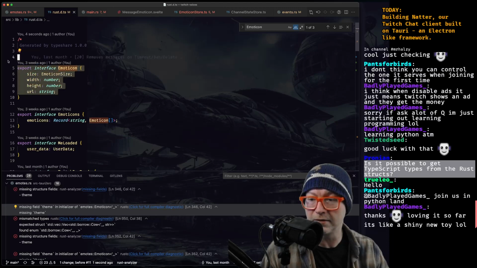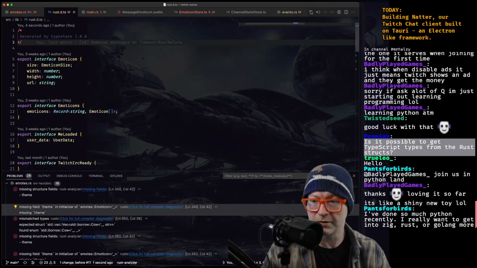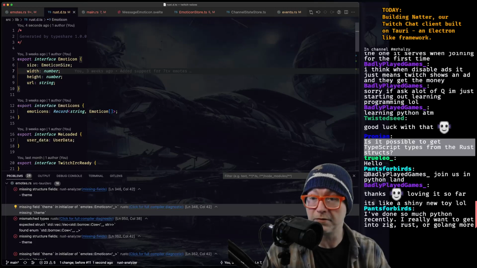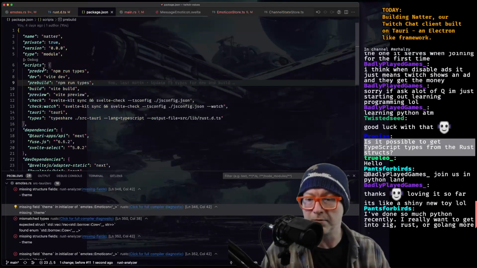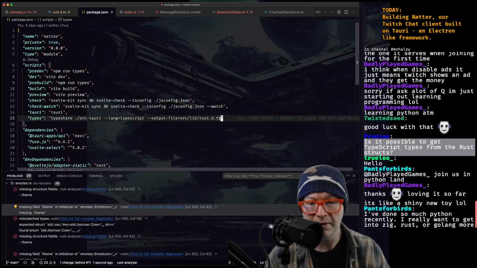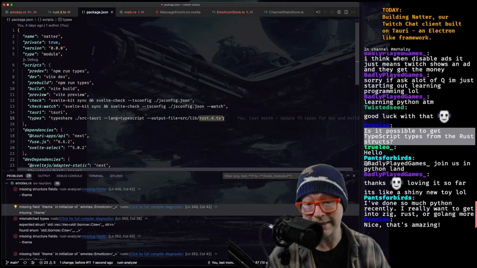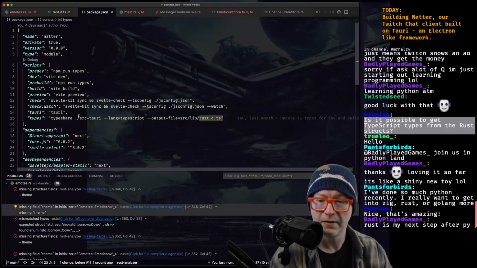So it'll create a type for you. And just so you can basically learn from what we've painfully gone through, you have to do it like so. Types, and where you give it an output file, it has to be a .d.ts, of course, because it's TypeScript types, external types, etc.